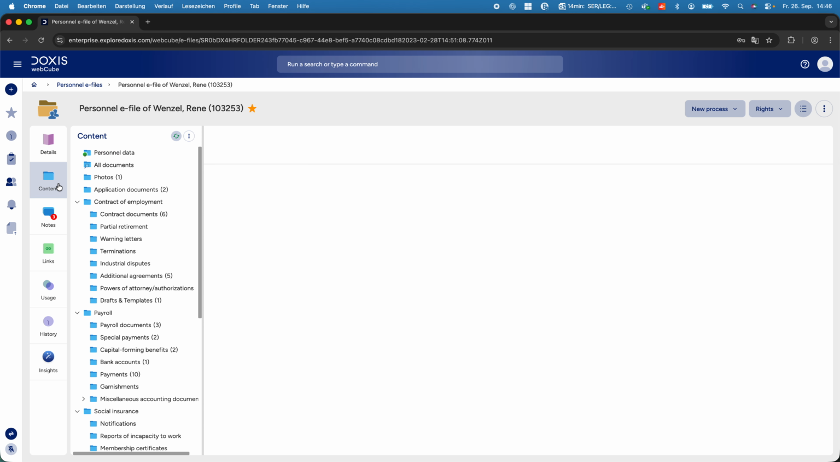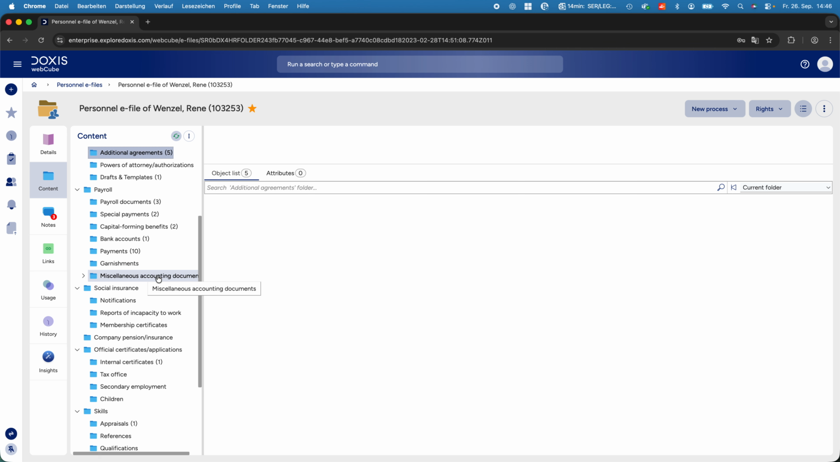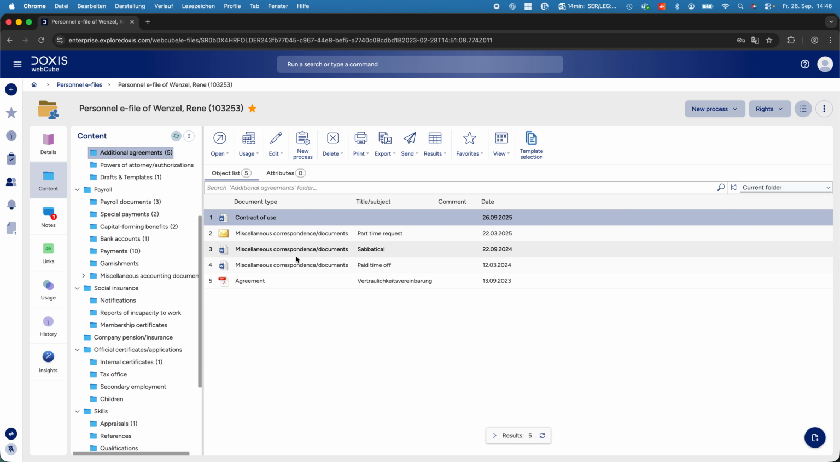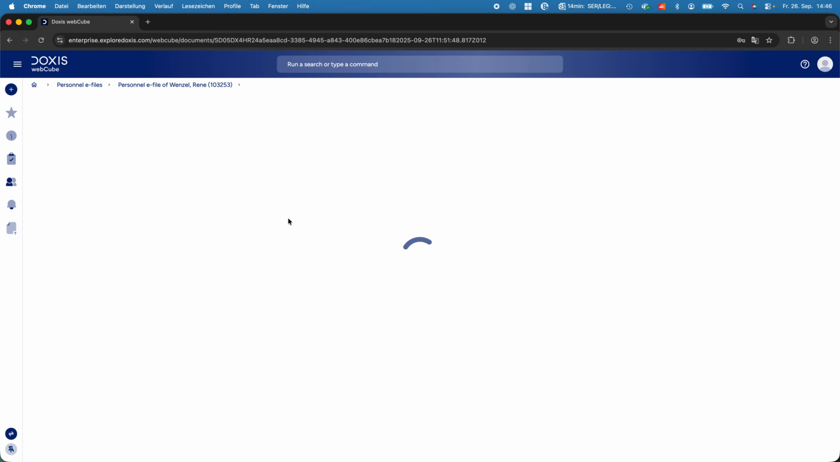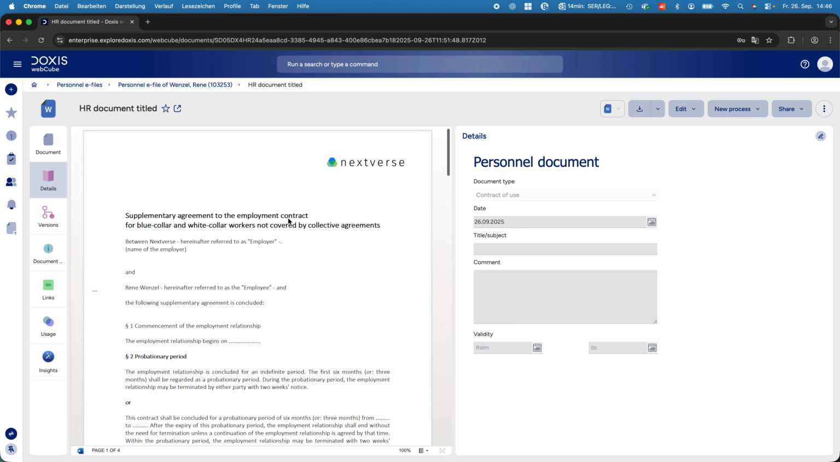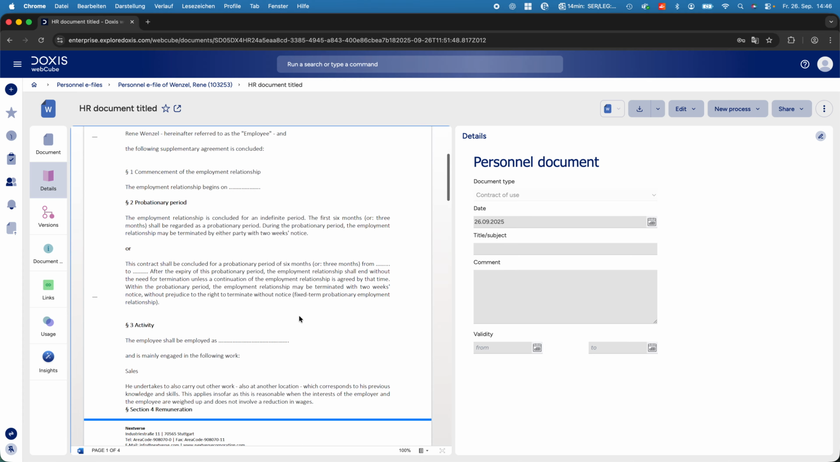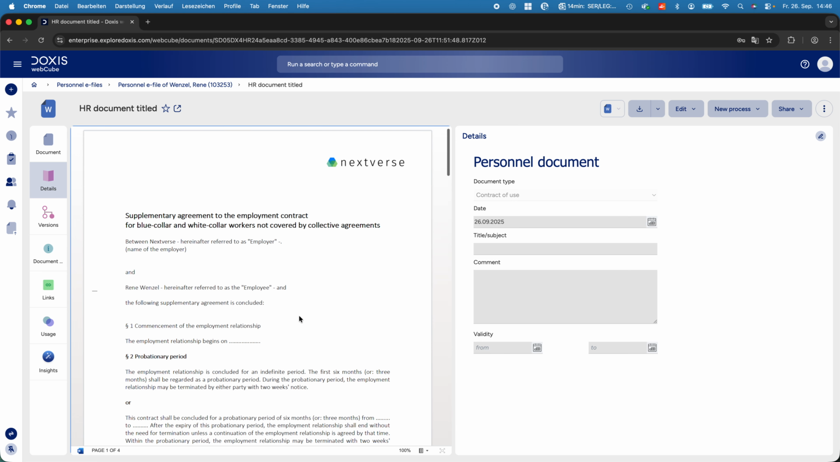We can go into content and look into the document. For example, we can go into additional agreements. Then we will see we have 5 documents and open the agreement for the contract of use. After opening the document, it will be opened in our multi-format viewer, and we can have a look into this document. If needed, we can go into Edit,